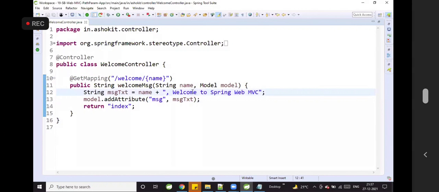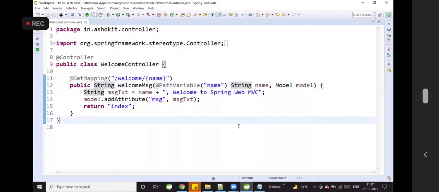So how to represent it? By using path variable. Whatever comes in the URL after welcome, I have given a variable name. If that variable name matches this variable name, then that value will be stored into this variable.